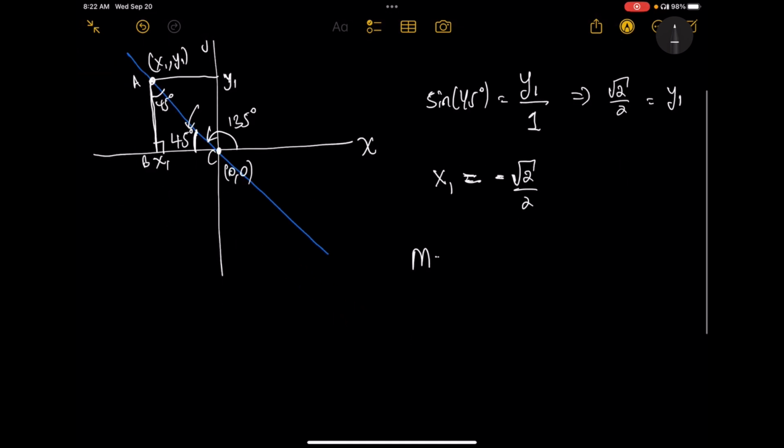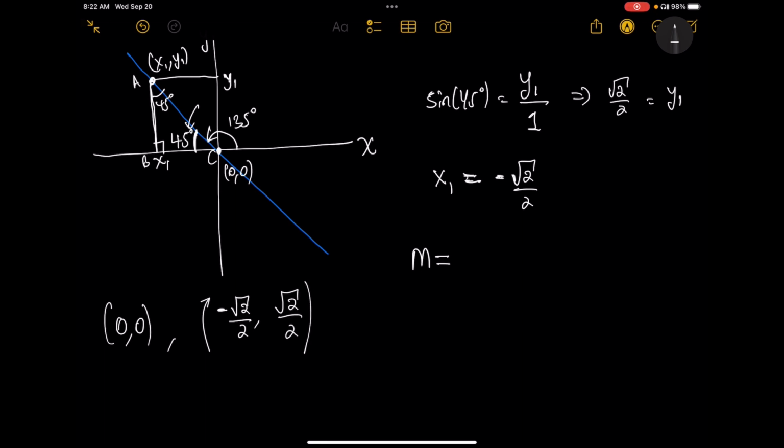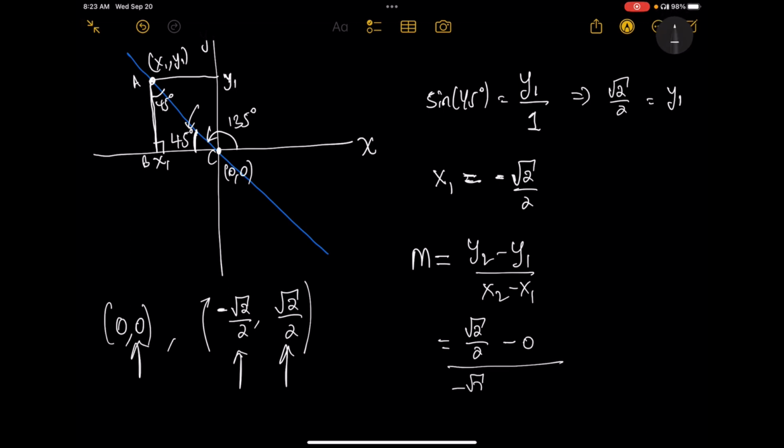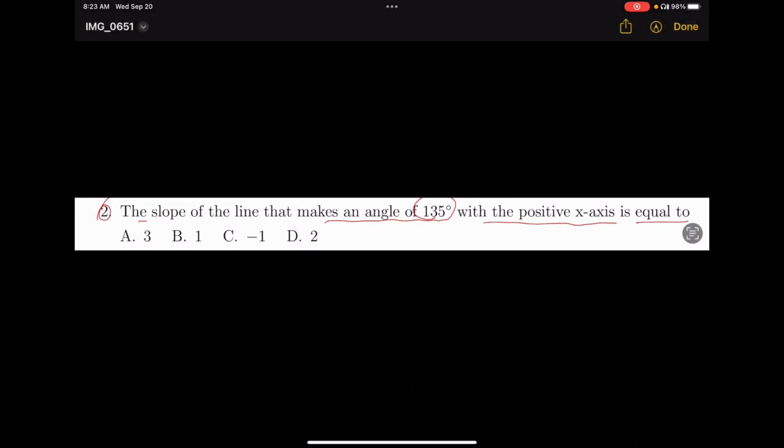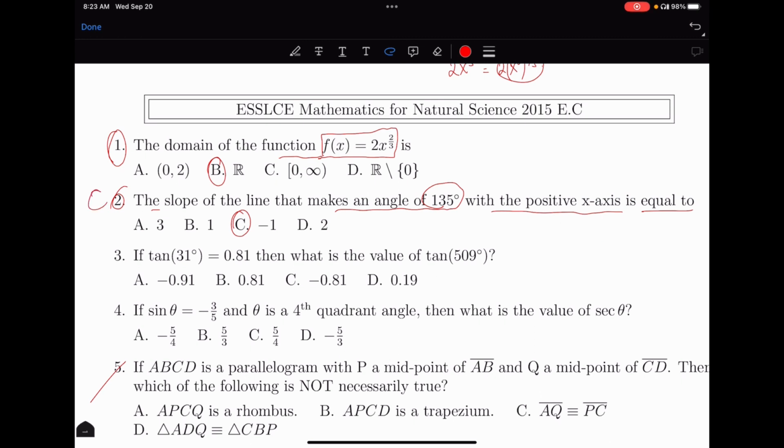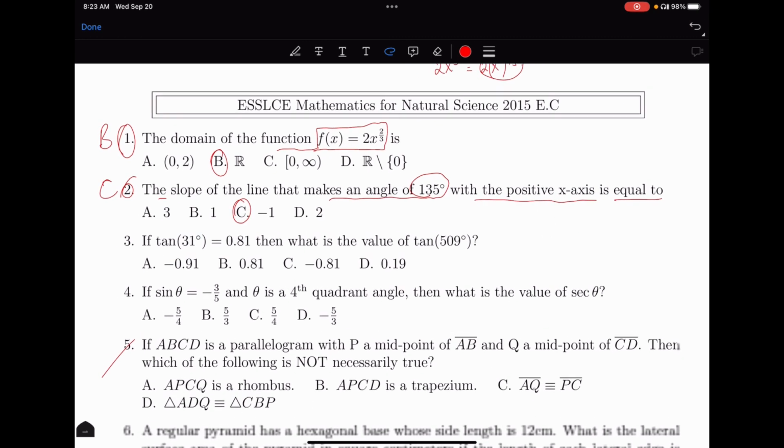Okay ለዛ ስሎፑን መስራት እንችላለን። ለምን we have 2 points: one of the points is 0,0 and the other point is x1 negative root 2 over 2 እና root over 2 ማለት ነው። okay ለዛ ስሎፑ ማን ነው የሚሆነው? ስሎፑ ያው y2 minus y1 over x2 minus x1 አይደለም። ለዛ y2 root over 2 ነው፣ root over 2 minus y1 is 0 over x2 is negative root over 2 and x1 is 0, so that is root over 2 over negative root over 2 which would be negative 1። okay ለዛ ስሎፑ negative 1 ነው ማለት ነው። ለዛ መልሱ ማን ነው የሚሆነው? ሲ ነው ማለት ነው።